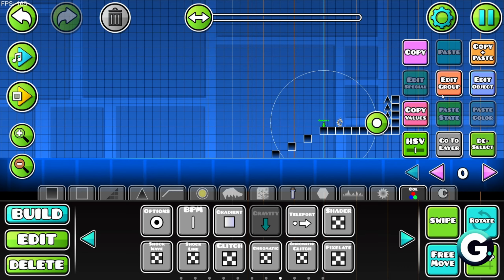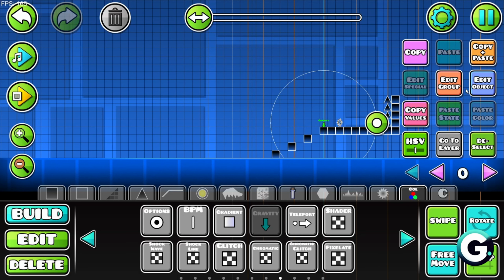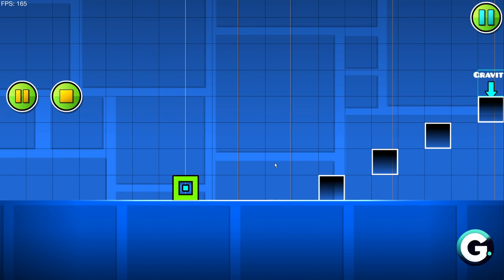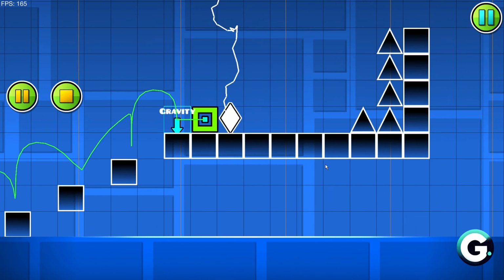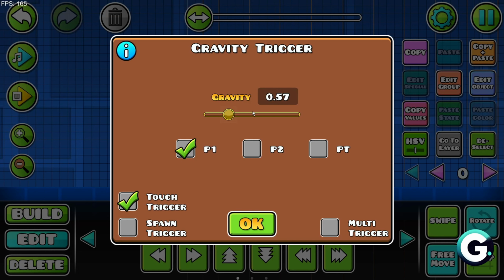So it's going to be this one. And if you want to lower down the gravity, you can just go ahead and grab yourselves the trigger. And from here, let's go ahead and decrease it to something like 0.57. Player 1, touch trigger. And then let's click on OK. And then right after, it should go ahead and look something like this, where it will then lower the actual